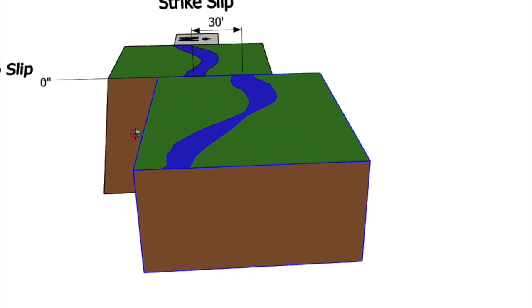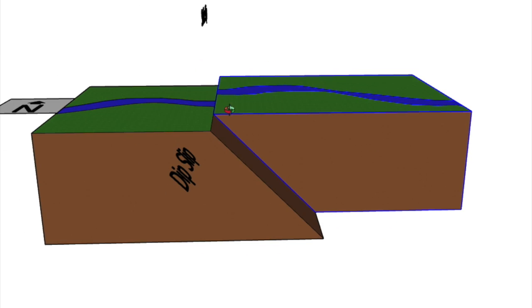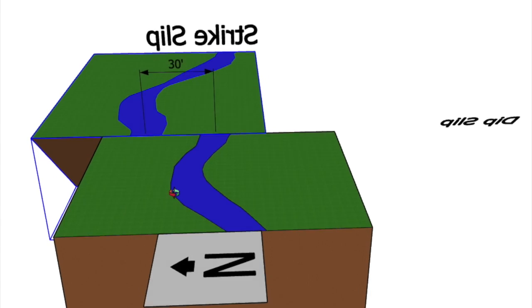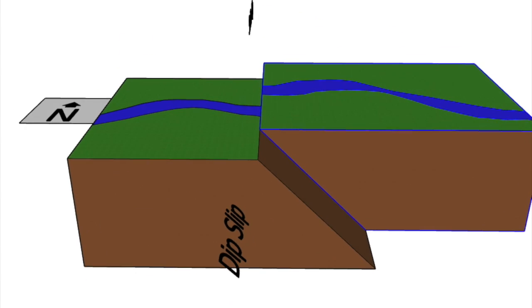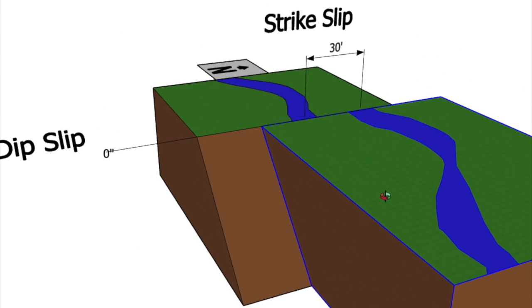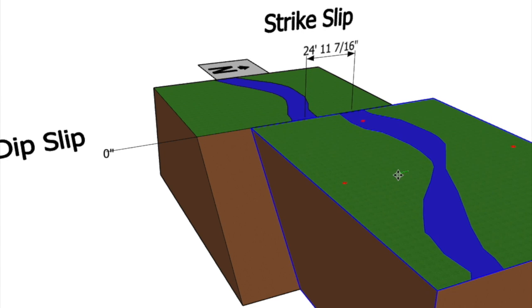And you'll notice if we rotate this entire diagram the other direction, it still looks left lateral. So it doesn't matter which side you're looking at it from. I still have to make a left turn to continue down the river. So I'll get everything reoriented back to their original conditions, and then I'll do the other type of strike slip,